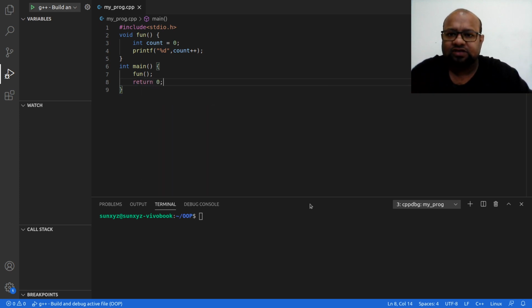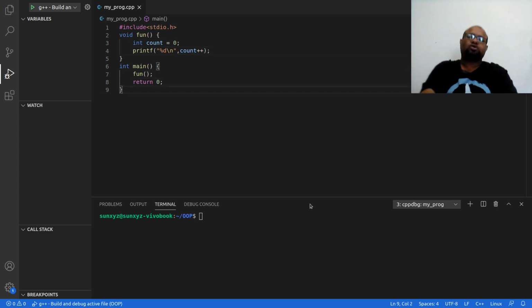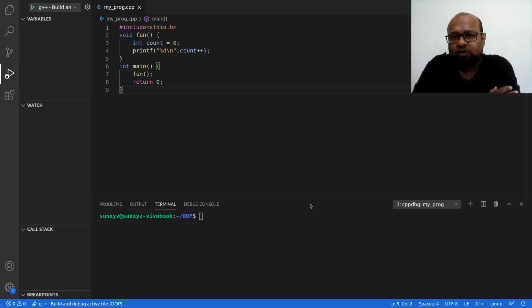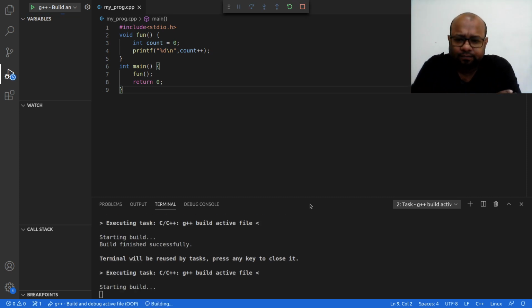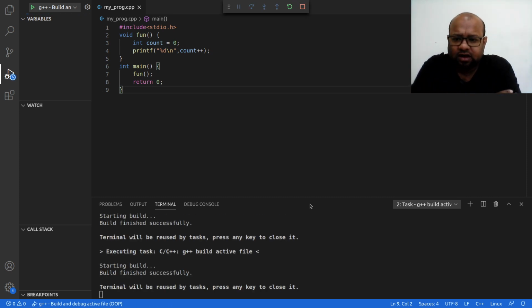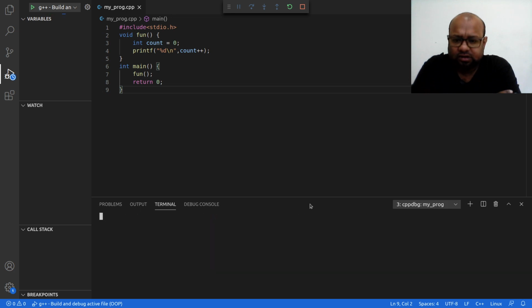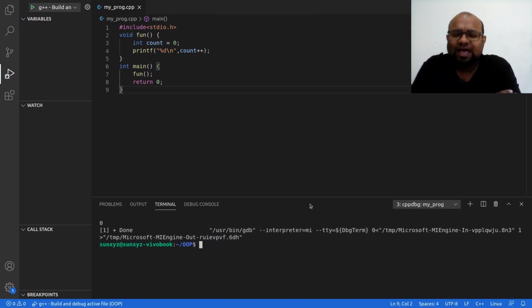If I call this fun function, let me put a new line over here. You should already know the expected output of this function. I am simply going to print 0. So let us go ahead and look at that. Building, and yes, I simply print 0. Now this makes sense, there is nothing new that we have done.